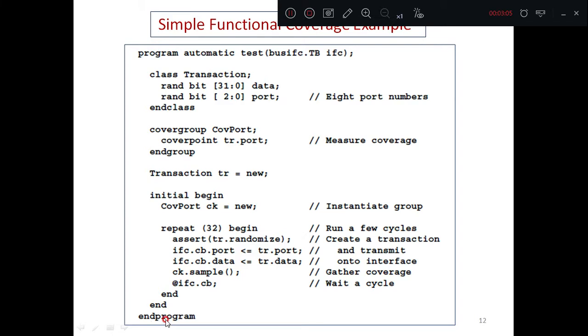Here what we have to understand is what is a cover group and what is a cover point. A cover point is where the values are to be sampled. Those are declared as the cover point and these are to be declared into the cover group. Covergroup is a keyword, and cov_port is the name of the cover group. Similarly, cover point defines the sampling values. Let us see one report and how exactly it is generated.